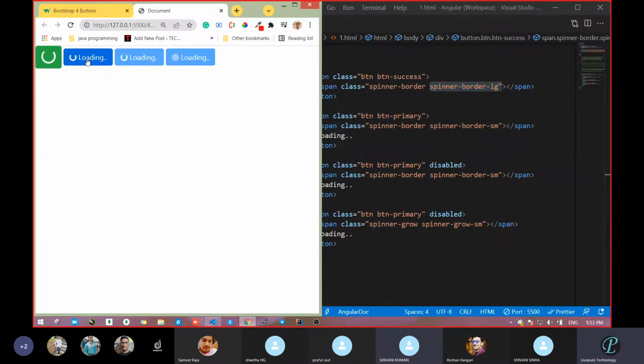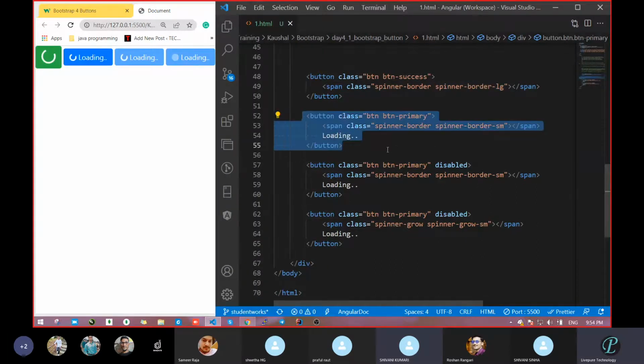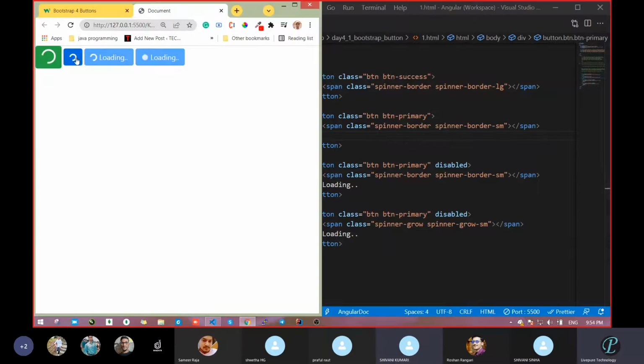Next, you are showing the loading. How are you doing that? So we had taken the button, and inside the button we had taken what element? Block level or inline? Span. It becomes inline, correct? So next inline, and after that we had written the text Loading. Okay, remove this one and save. There will be no difference in first and second, but second was showing that loading.